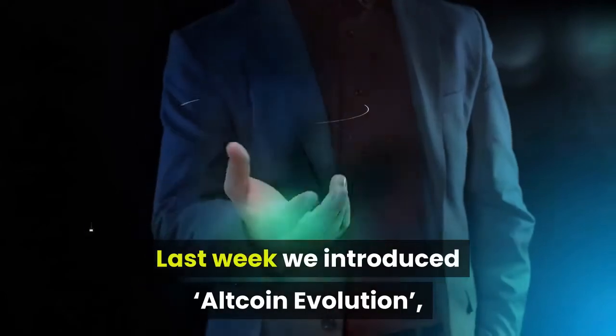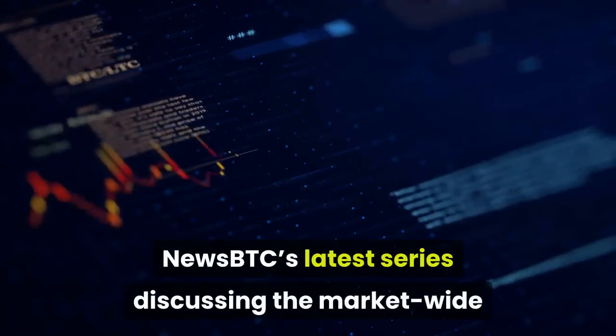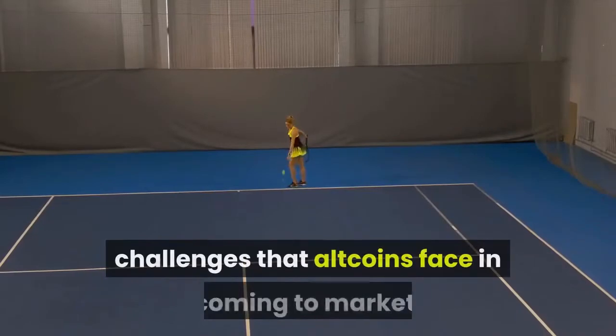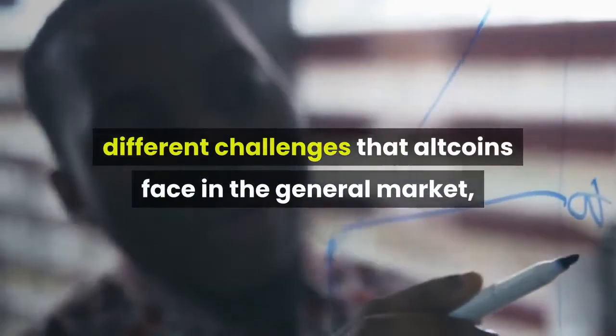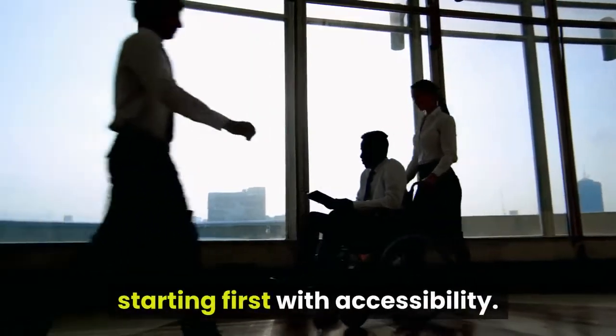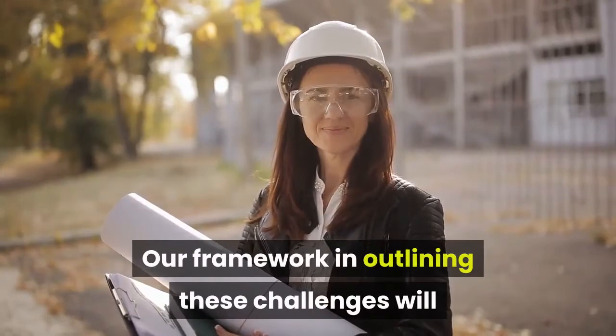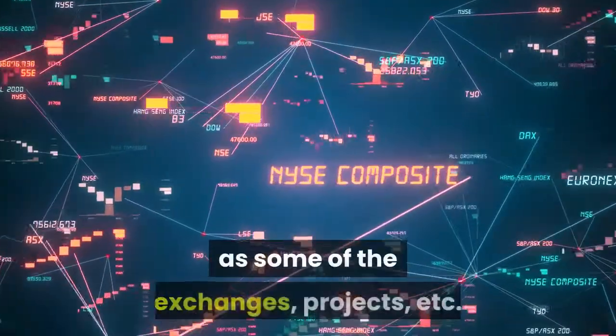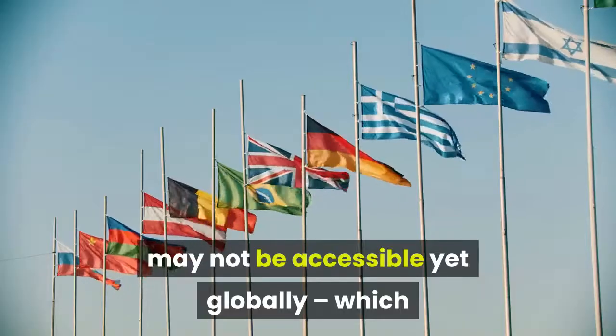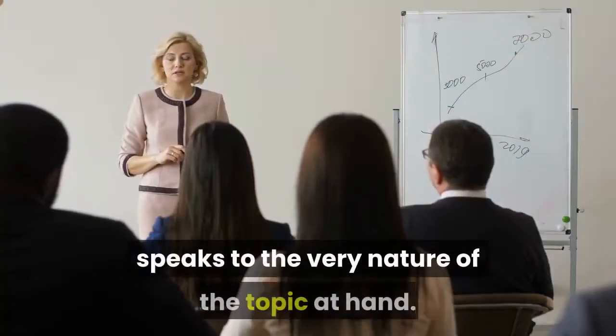Last week we introduced Altcoin Evolution, NewsBTC's latest series discussing the market-wide challenges that altcoins face in coming to market. We'll take a look at a bird's-eye view of a number of different challenges that altcoins face in the general market, starting first with accessibility. Our framework in outlining these challenges will generally be presented from a US consumer's point of view, as some of the exchanges, projects, etc. may not be accessible yet globally, which speaks to the very nature of the topic at